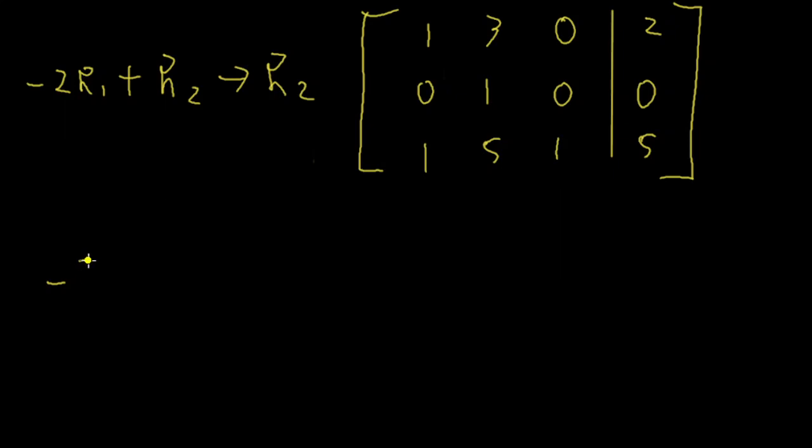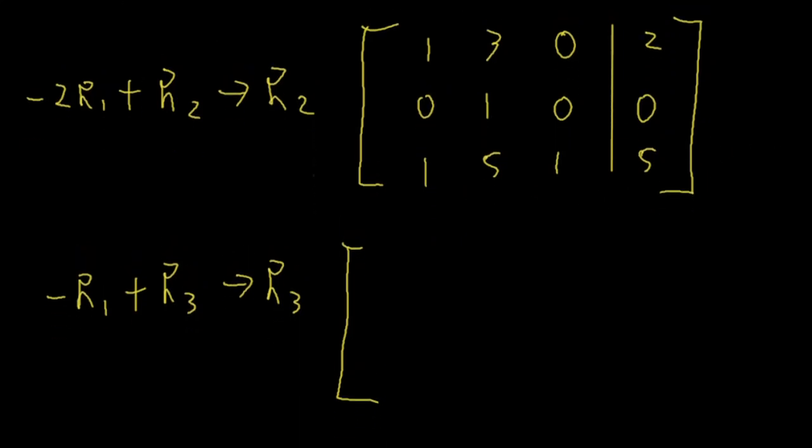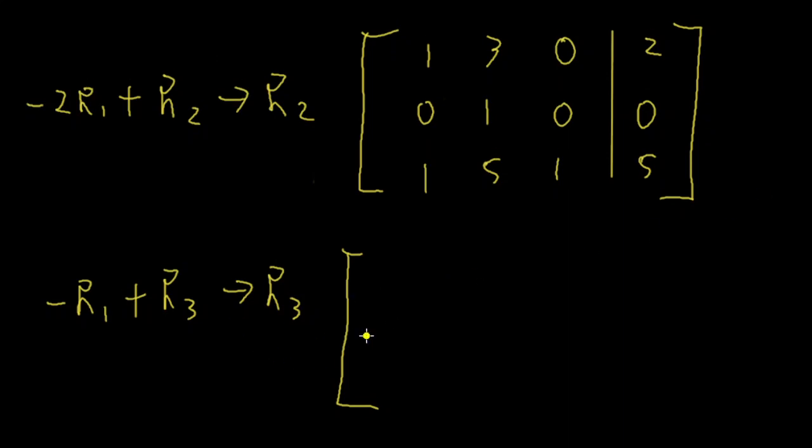So the next thing we do is -1 times row 1, so negative row 1, okay? I just write like that. Add this to row 3, and replace row 3 with what I said here. Okay, so row 1 will not change. It's row 3 that will change. Row 2 will not change either. So I can just write this again.